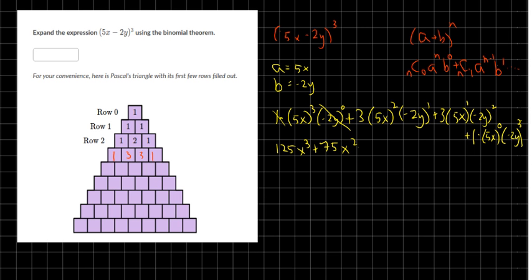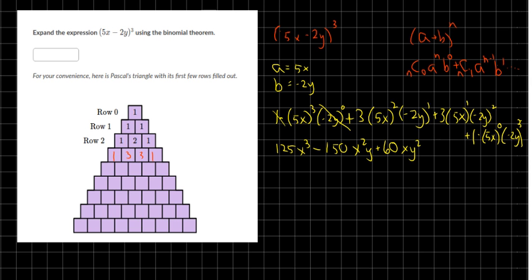So actually I need to have minus 150 here, x squared y. Okay, and then let's see, we're going to have 5x times 3, which is 15x times 4y, so that's 60xy